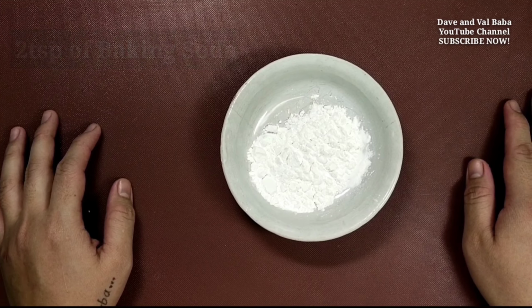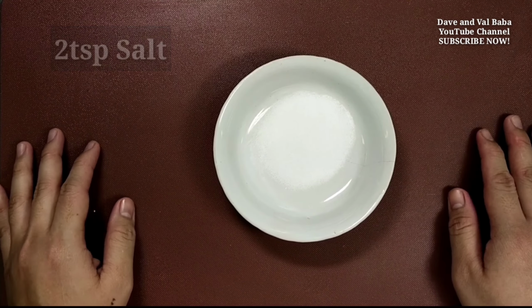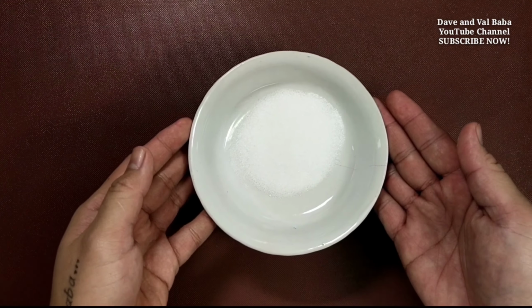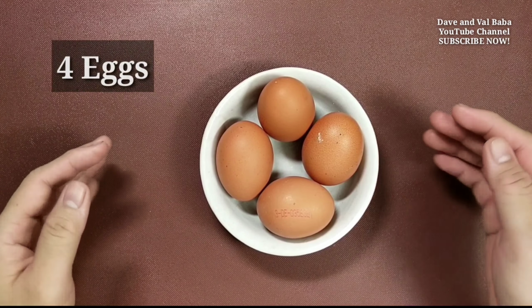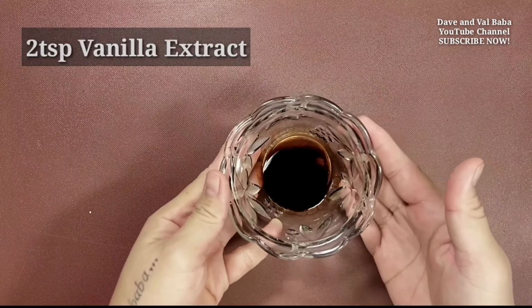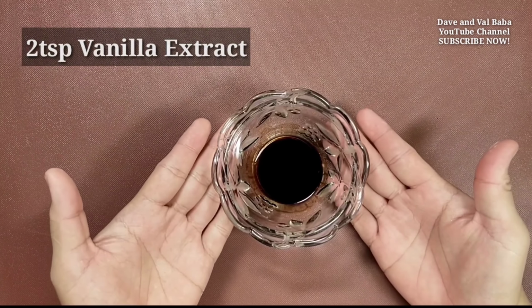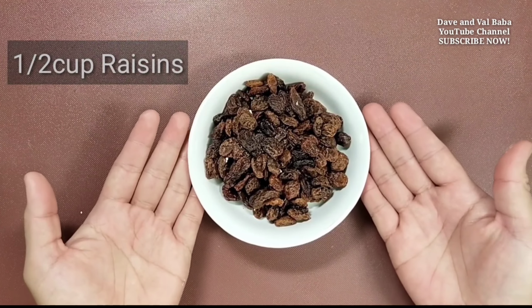2 teaspoons of baking soda, 2 teaspoons of iodized salt, 4 pieces of white medium eggs, 2 teaspoons of vanilla extract, 1/2 cup of dried raisins,